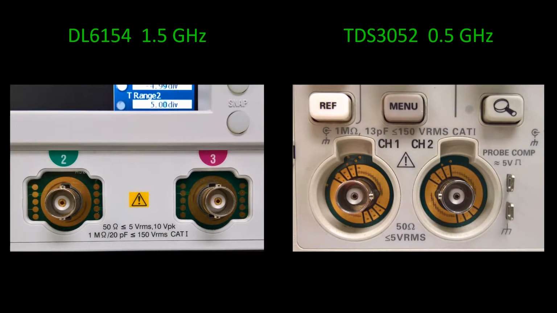We have two oscilloscopes with variable input impedance, the Yokogawa DL6154 and the Tektronix TDS3052. We can find in the front panel the equivalent model of the oscilloscopes when we choose the 1 megaohm impedance. This is an admittance model consisting of a resistor connected in parallel to a capacitor. Let us assume that I connect the oscilloscope to a power generator providing a 50 MHz signal with a power of 10 dBm. I want to predict the peak-to-peak voltage that I would measure.